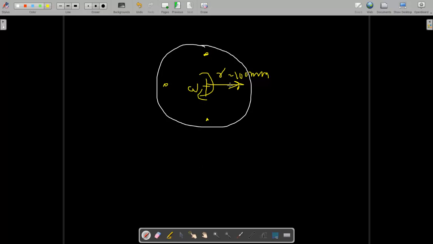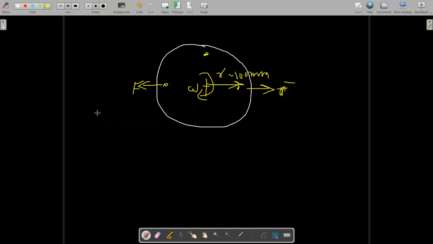Now it is in perfect balance because the masses cancel each other's centrifugal force. Suppose it is rotating, so the centrifugal force due to this mass acts outward, and the force due to the mass opposite is equal and opposite, so they cancel the effect of each other. Now in the question, one mass is detached. I am assuming this mass is detached. So now we have only three masses and it is still rotating, so there is unbalance.